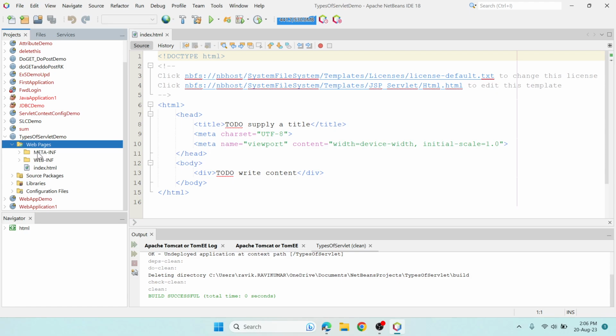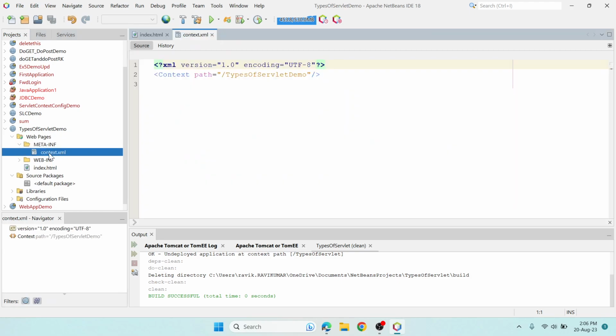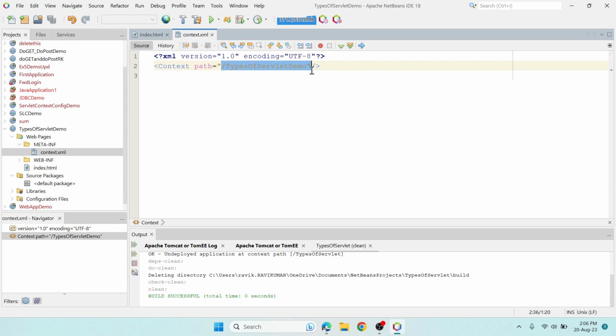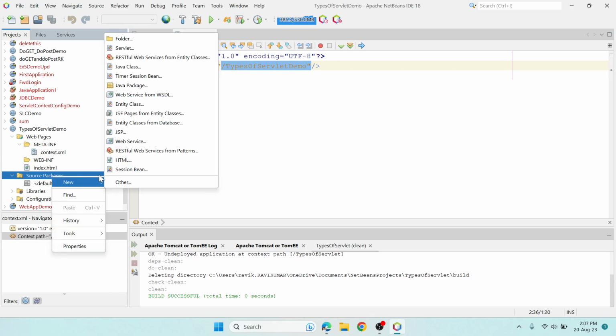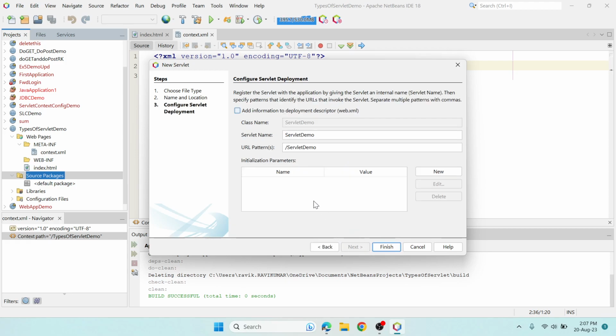And then for us, 2 folders are important, web pages and source packages. So inside this meta information folder, I have this context.xml file, which has the context path, means the folder path. And WEB-INF is empty right now because I didn't create any of the servlet. So let me create a servlet, right click, new, and then servlet. Let me say this is for servlet demo. All right. And then say next, click on this checkbox to add these informations, URL pattern, class name, and everything